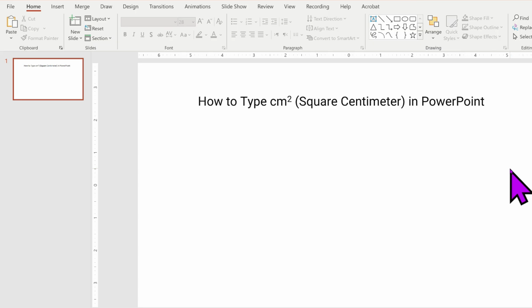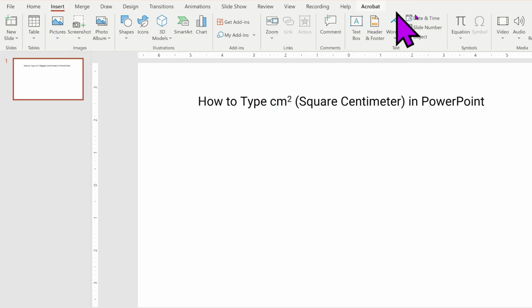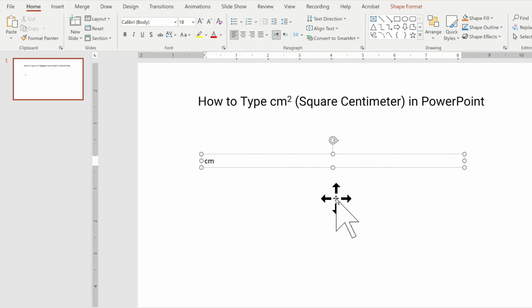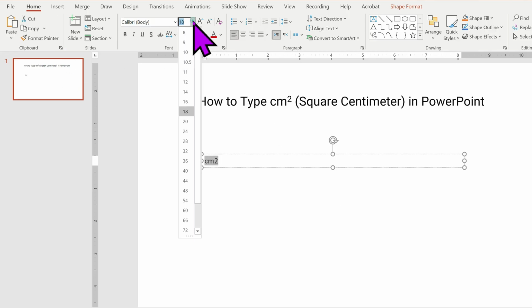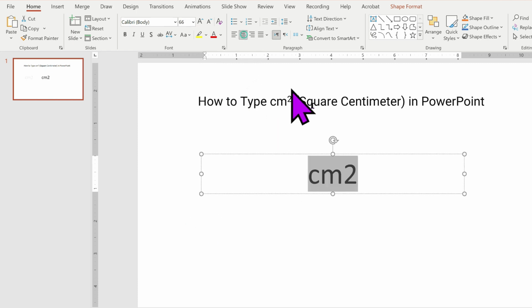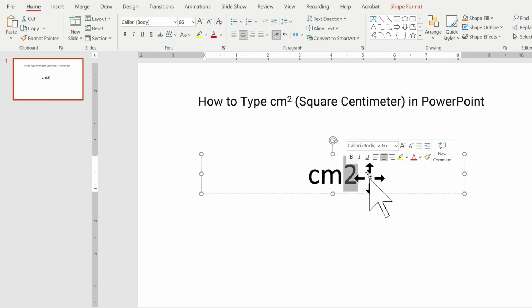In this video, I will guide you how to type square centimeter in PowerPoint like this one. So for this, you need to click on the insert and click on the text box and draw a text box and now type cm2. Now select it and make it bigger to see easily, make it center, and now select only two